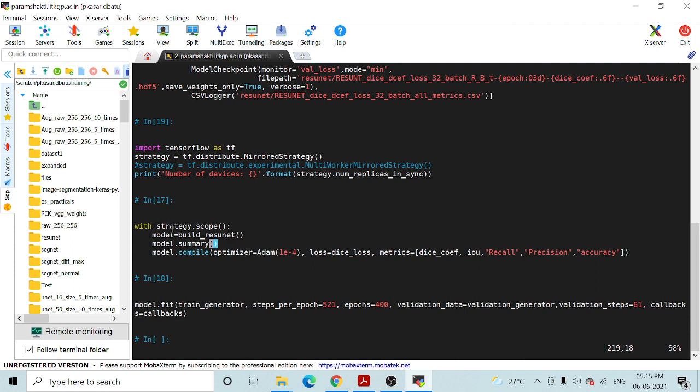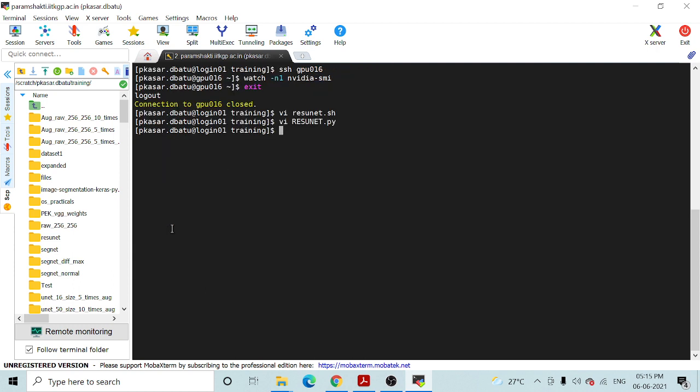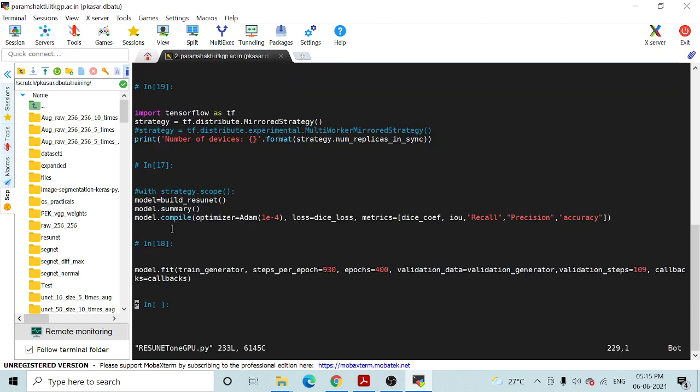Let me show you the previous file, just to show the changes. If you see, this is executing on a normal single GPU card only.